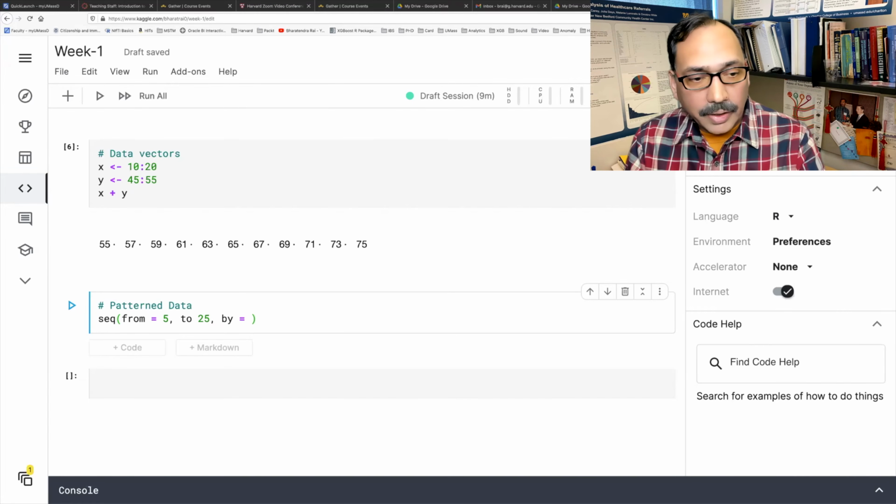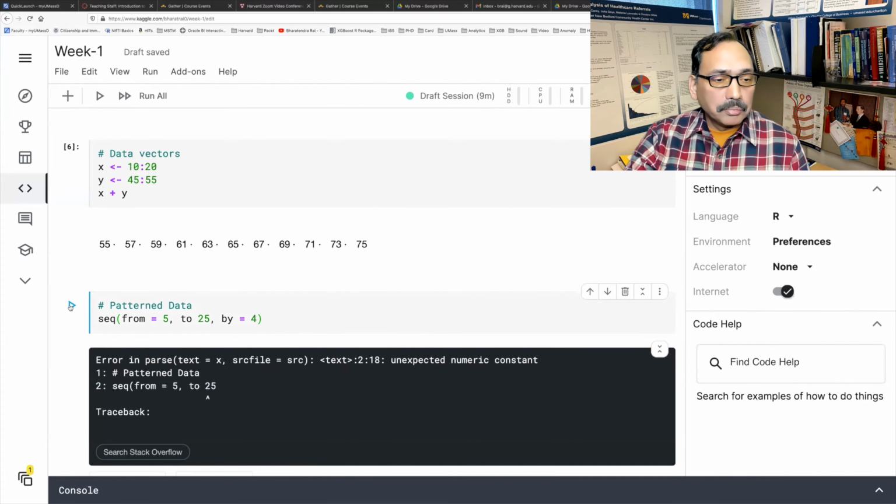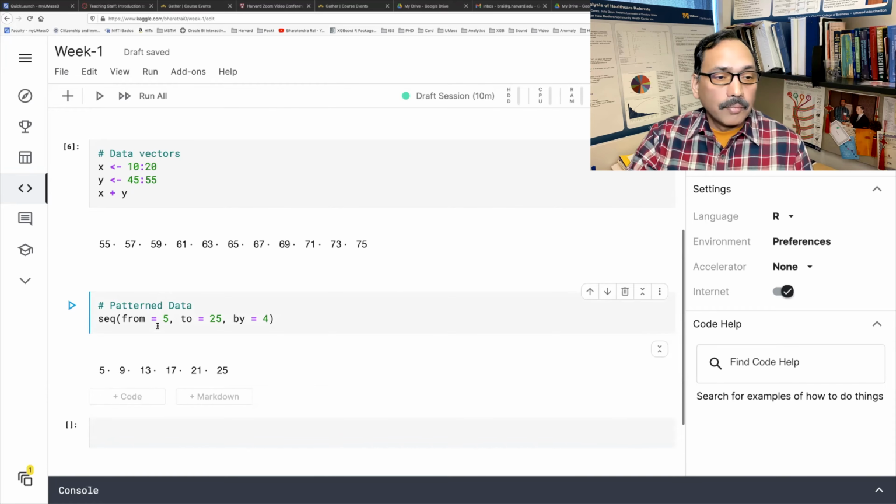So let me say it increases by 4. If you run this, it will give you an error because I did not put an equal sign here. So you see it starts with 5, plus 4 is 9, plus 4 is 13, and so on up to 25.